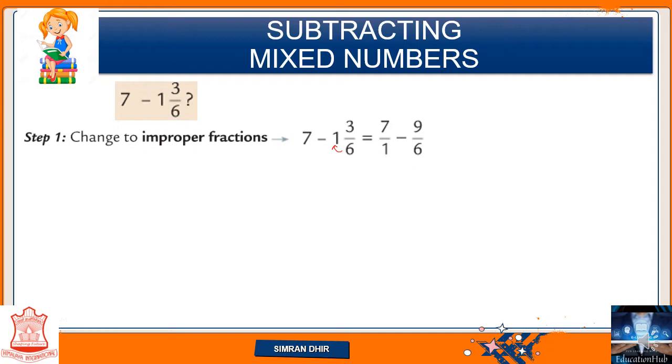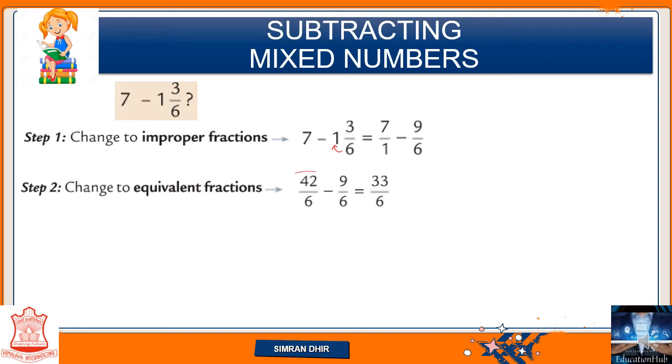So let's see how we are going to do. Our step 2 will be, we have to change to equivalent fractions. That means 7 by 1 and 9 by 6 दोनों unlike fractions हैं. First we are going to convert it into like fractions and then we are going to subtract it. So जब हम 7 by 1 को convert करेंगे we will get 42 by 6, और जब हम 9 by 6 को convert करेंगे, ये तो already with denominator 6 है, so it will remain the same, that is 9 by 6. And 42 minus 9 is 33 and 6 as it is, so 33 by 6 is our answer.